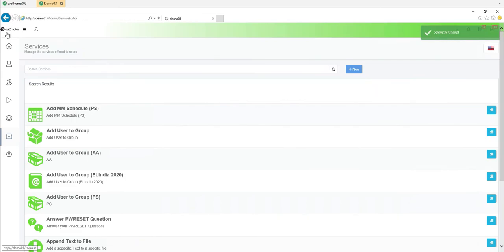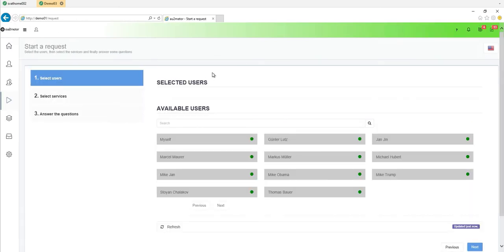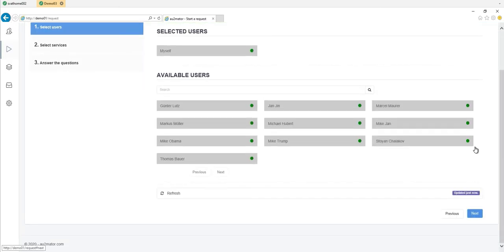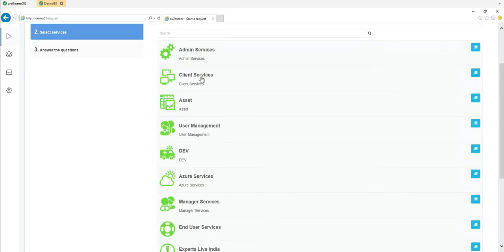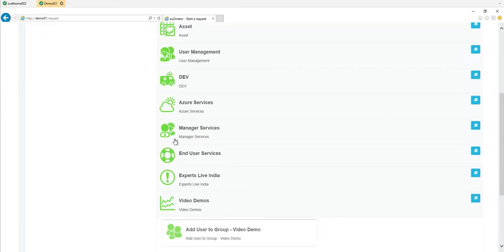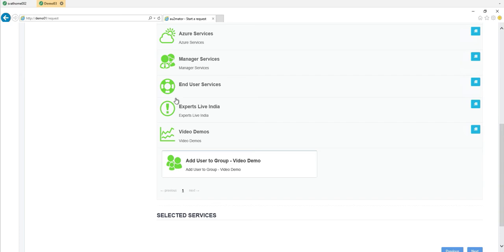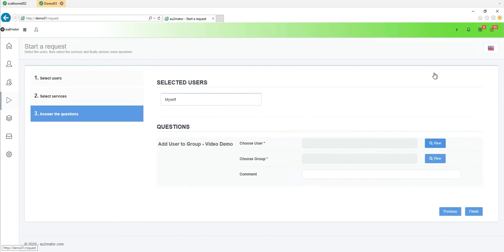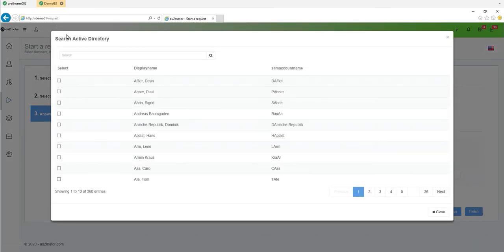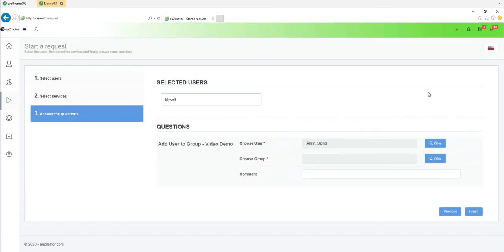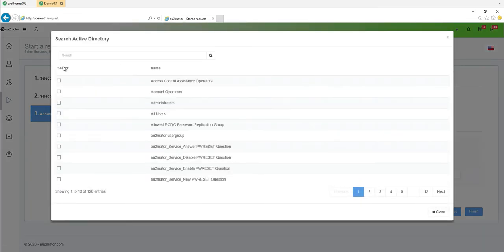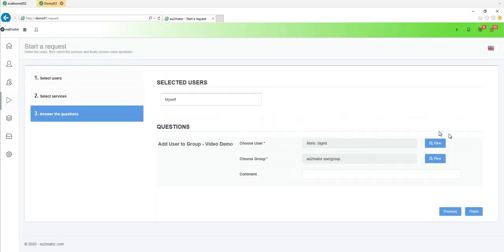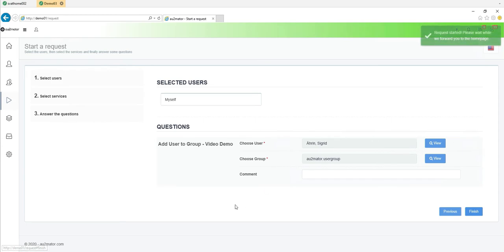Now we take a look at how it is used. We select that we want to run the service for myself and we select the add user to group video demo service we created a few seconds before. And now we can choose a user from our Active Directory. We can choose a group live from our Active Directory, and these parameters will now be transferred to the PowerShell